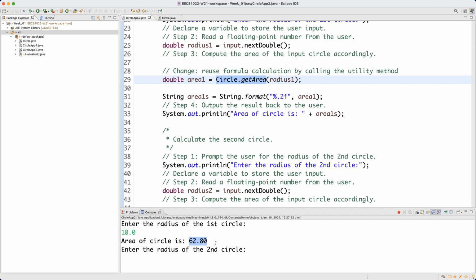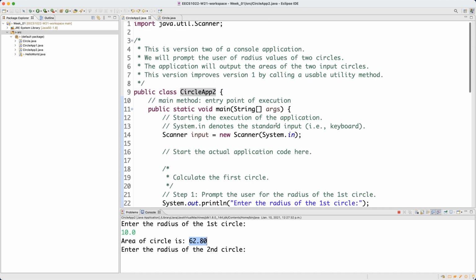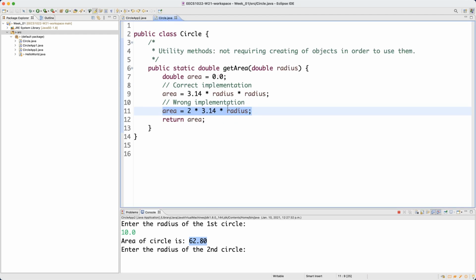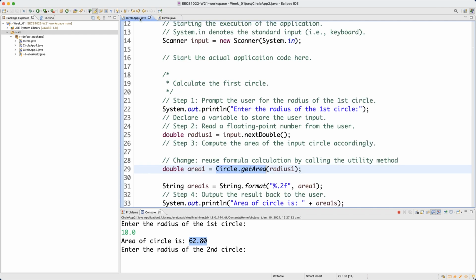It might work for a simple application like a toy example, like a circle area calculation, but it's simply not going to scale. So that's the critical point I would like to mention to you. The way you test the utility method to see if it's really correct, or to reveal some bugs, is not always to launch the console application manually. It might be nice for you to check a few inputs and outputs, but it's not going to be the long-term solution. So that's why I want to show you a much better approach, which is called JUnit